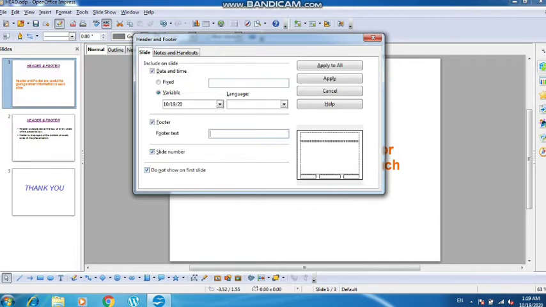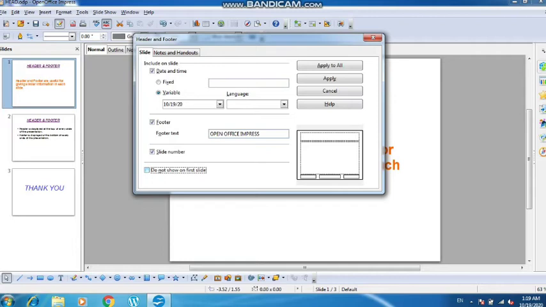And then in the footer, I'll click the footer option and the slide number option also. Now if you click on the footer option, a footer text box is given here, where you can add text to your footer. Suppose I write here Open Office Impress. Alright, and if you want to provide a slide number, you can check the box here. If you don't want to provide the slide number, you can uncheck it. And the slide number option, if you want to hide it from the first slide, then you uncheck it.